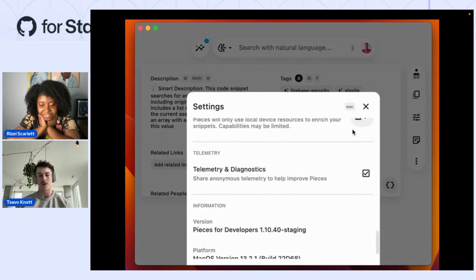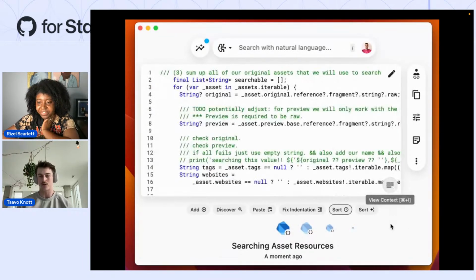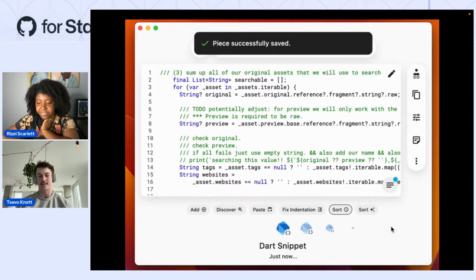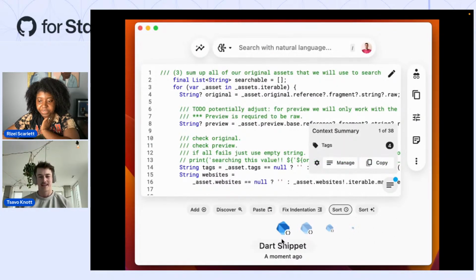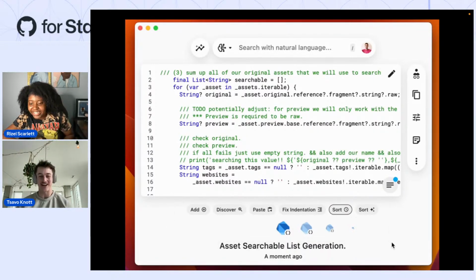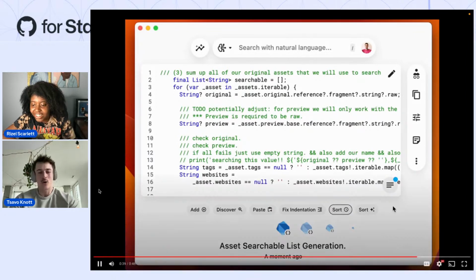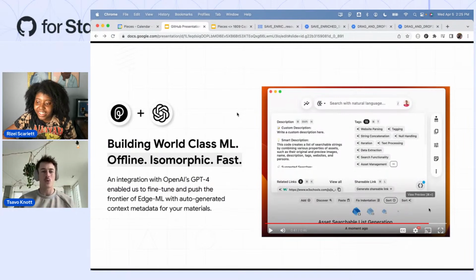And then we'll have the comparison, which is I can go to a blended mode, which uses large language models. And I can paste that snippet, and we're going to be waiting for a second. Almost there. It's doing it. It's getting there, yeah. And there we go. Asset searchable list generation. And so, if you look at that time difference, right, developers are jumping around their workflow